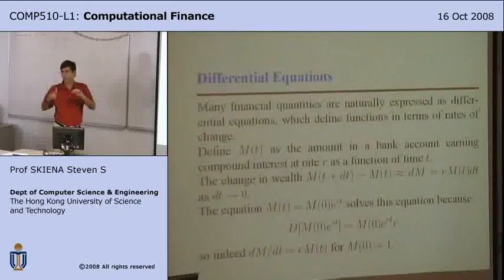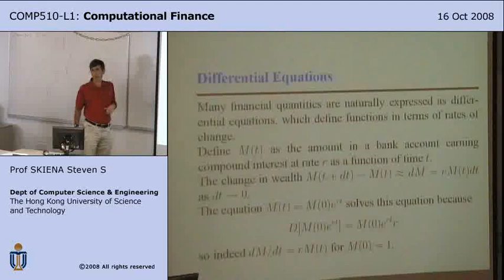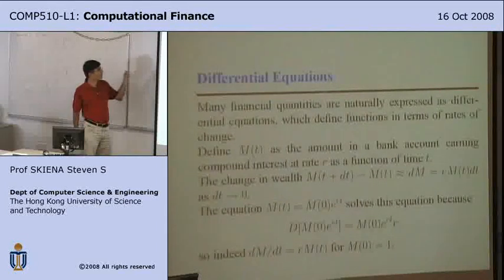You can see things different ways. One of the functions that we talked about that nobody got upset about in the past, because it was readily understandable, was the equation for compound interest. In fact, the compound interest can be viewed as a differential equation. Why is it? Let M sub t be the amount of money in a bank account earning compound interest at a rate R as a function of time.